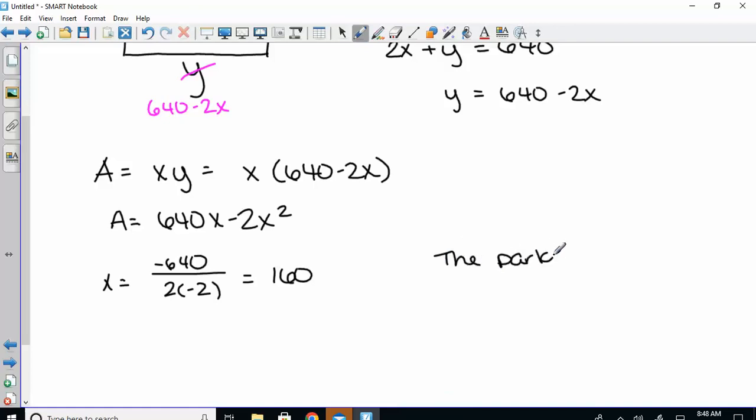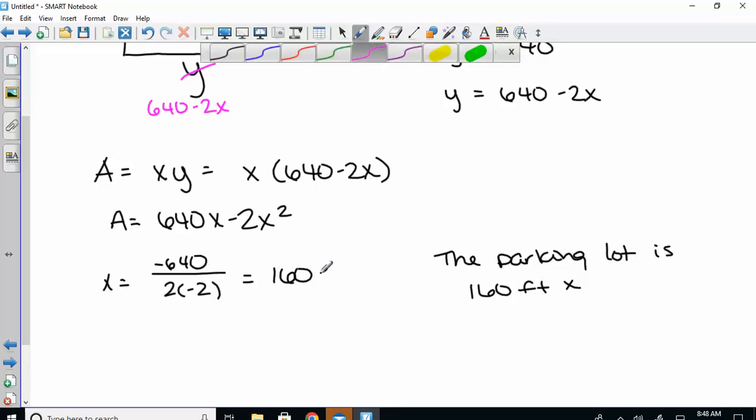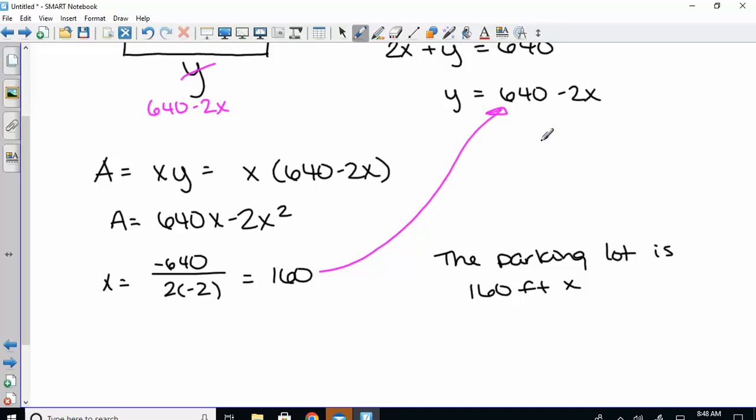There you go. If I said what are the dimensions of the parking lot, it is 160 feet by, the other one is my y, so you take your 160 and plug it into y. I don't feel like that's the right number. You should get